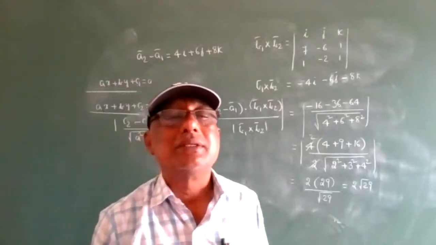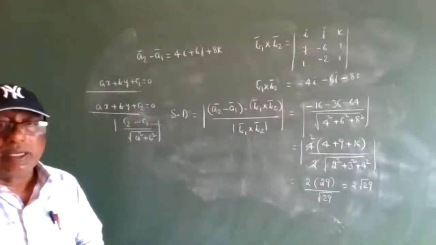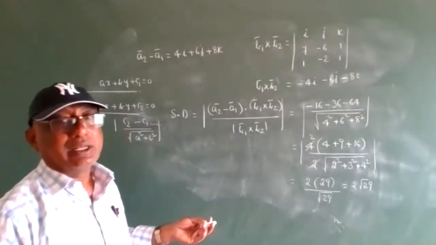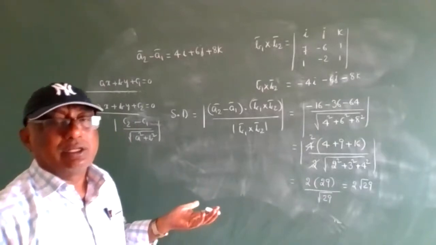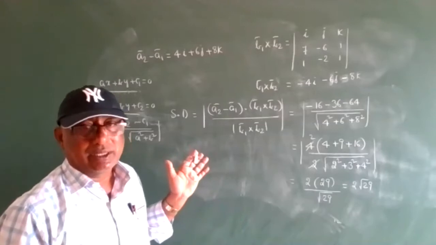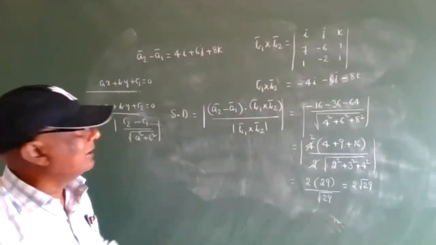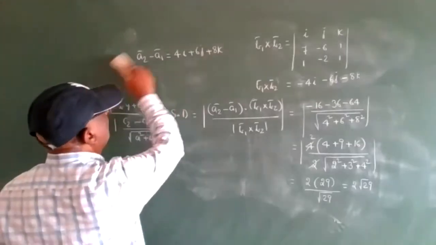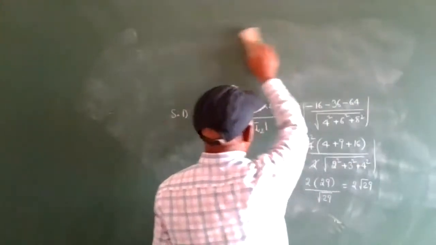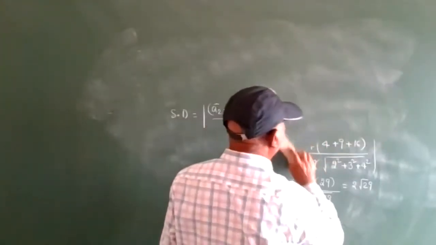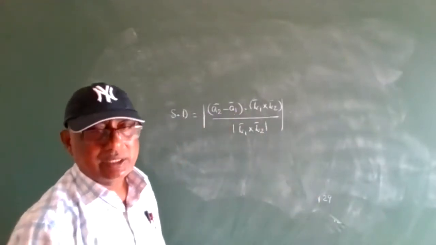All right, everyone see. In 3D, what is the distance between the two parallel lines? The distance between the two parallel lines is the shortest distance. So always the distance between two lines is the shortest distance. So now what we are going to apply is, when two lines are parallel, now see, what is the shortest distance?